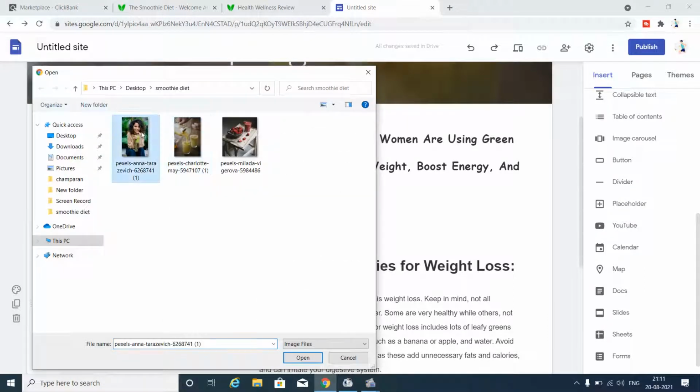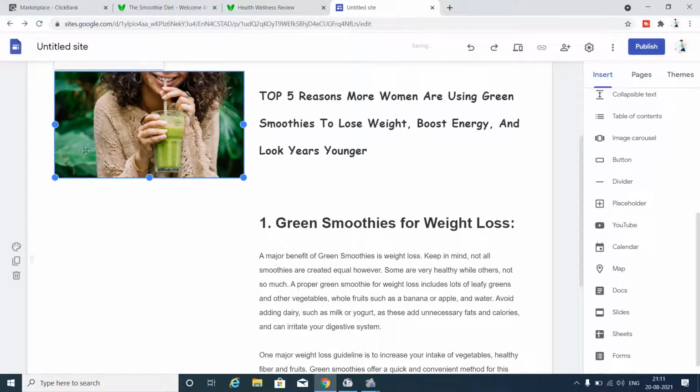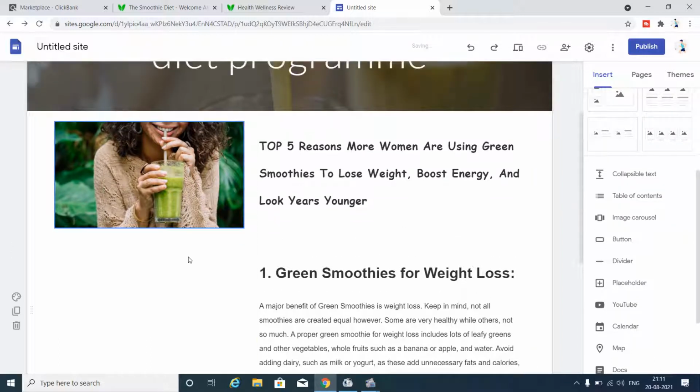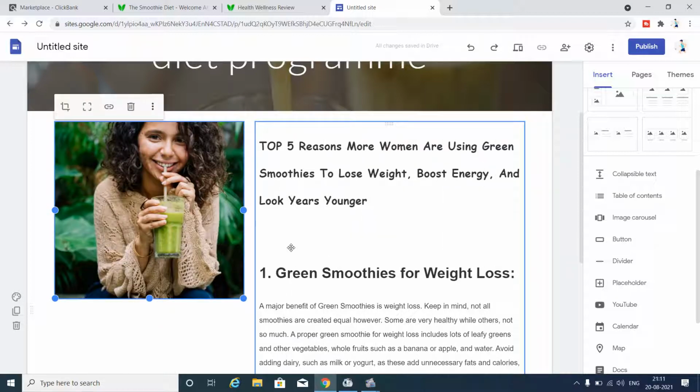Let's paste this picture. Let's increase the size of the picture a little bit. Yeah, that looks good.